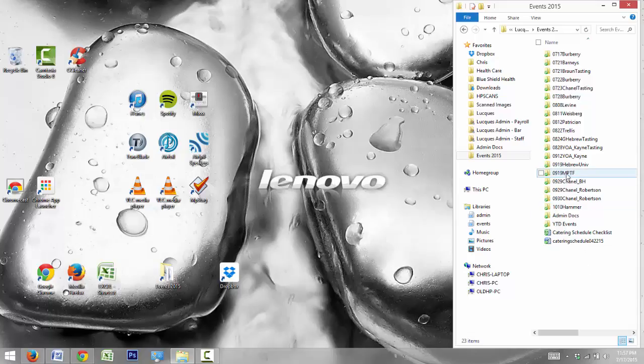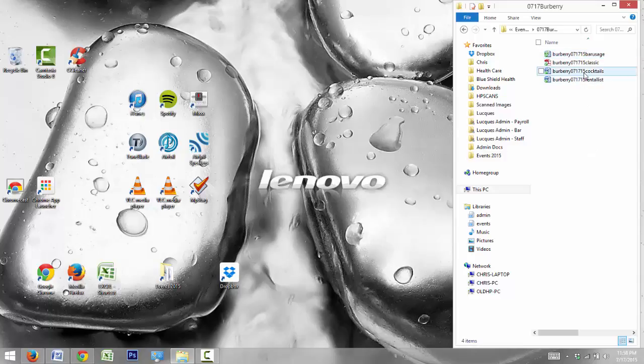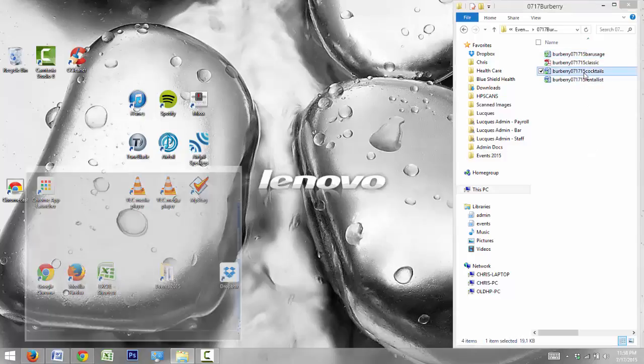So the way it works is Dropbox sort of runs in the background here. They call this a system tray. It's just running in the background and connects through the cloud over the internet, and anyone who has this shared folder, Events 2015, which you all should, anyone that's in that shared folder, we are sharing changes and modifications to all these documents. So if I was to go into this event here, 717 Burberry,